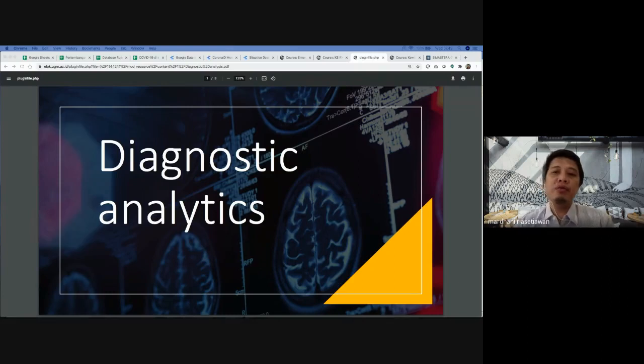For example, if you found, based on your exploratory data analytics, that your data set is not of good quality, for example it is very random, or the data set is imbalanced and so on, it will give you guidance that you need to handle that issue first before we go to the next analytics.